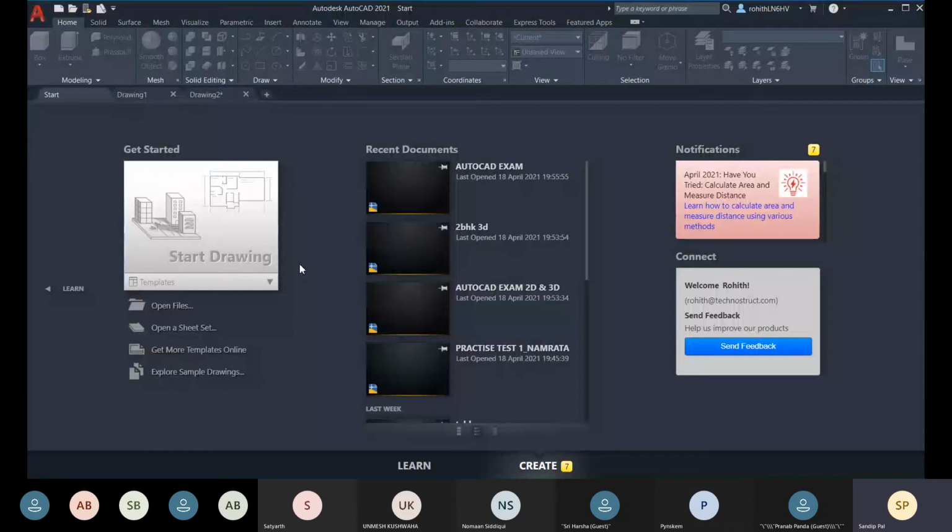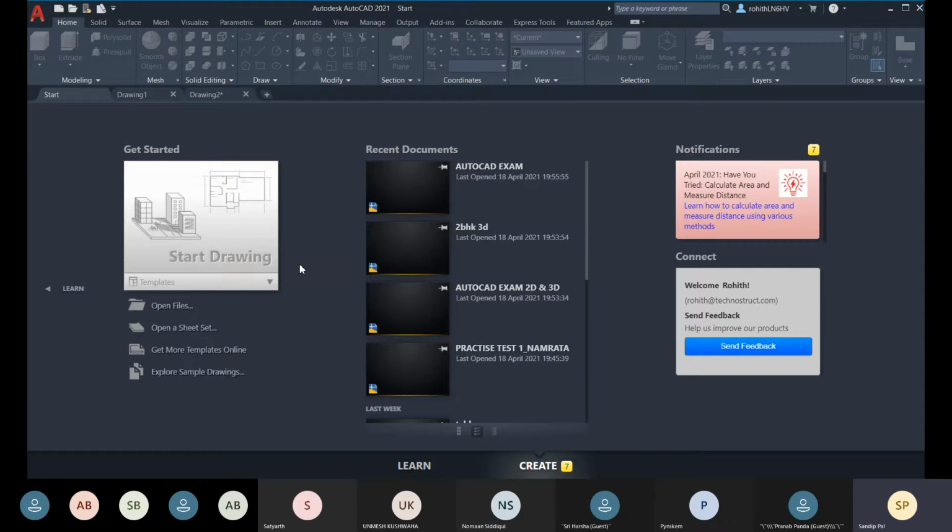So template file is kind of a file where you have a drawing file with preloaded settings. You define the settings for like dimension style, multi-leader style, text style, and all the annotation styles, what will be the page size, default page size, and all.